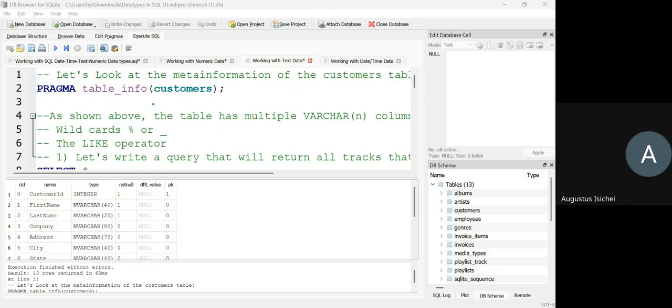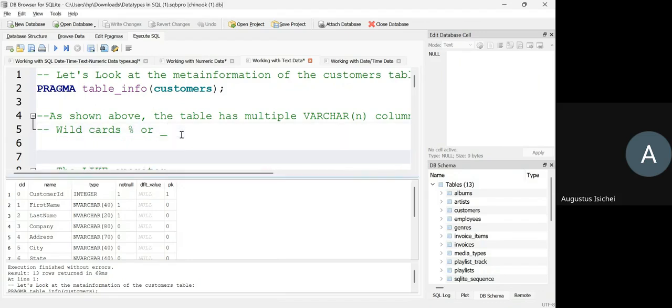So pay attention. Like I said, I will not give an example. I'll just explain, and I expect you to get my answers correct when I start asking questions. Now, for the percentage, how do you use LIKE and the percentage? If you are searching for text data that has some number of characters before or after, for instance,